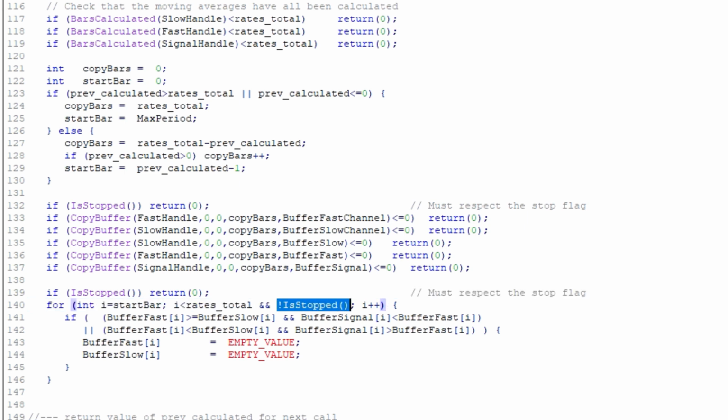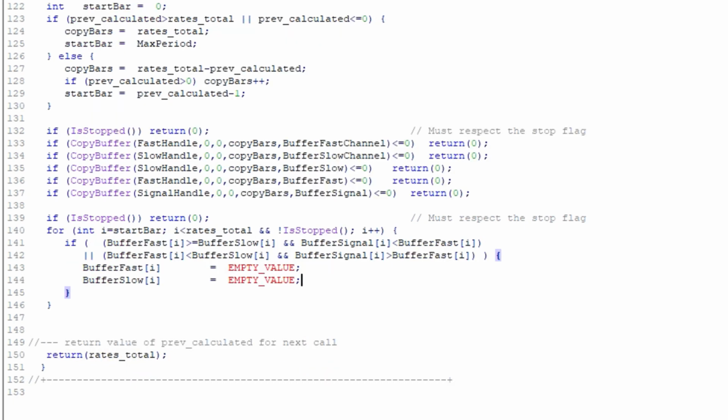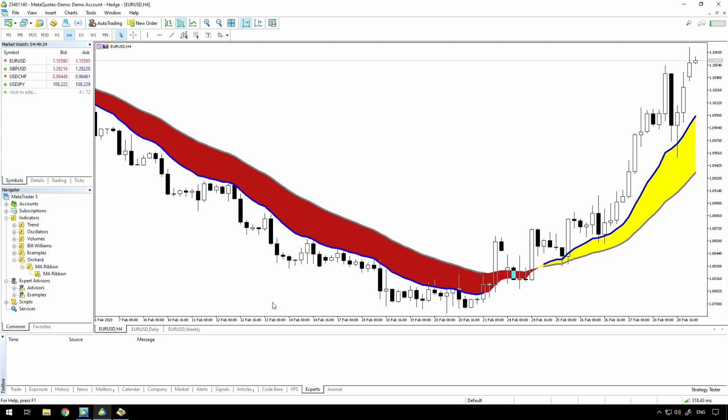What I'm saying is that if the fast buffer is above the slow buffer, but the signal is below the fast buffer, or the other way around. In other words, if the 3 moving averages are not arranged in the order of slow, fast, signal, then we want to set the fast buffer and the slow buffer to the empty value. And we should be able to compile that now. Come back here,